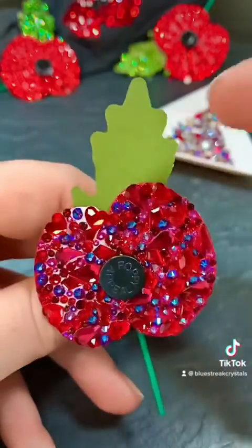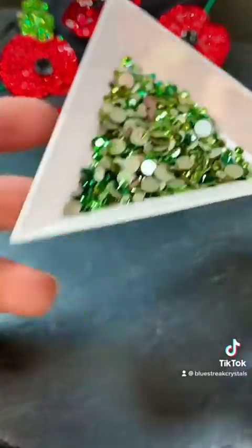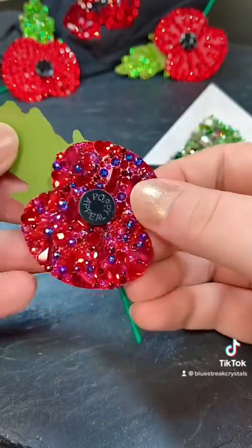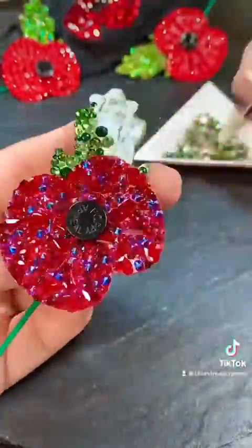Make sure the poppy is dry before moving on to the leaf, where we are again using a selection of crystals from Serenity Crystals. Make sure the leaf is where you want it to be before you start placing your crystals, because once the glue is set and the crystals are in place, you will not be able to move